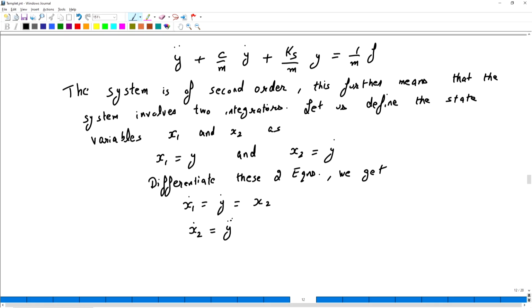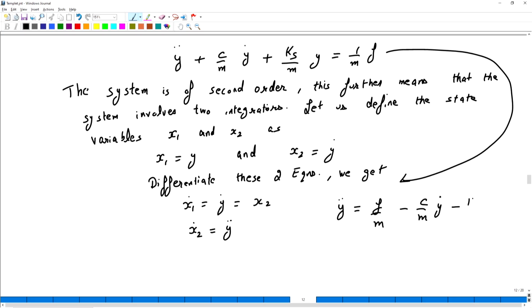So Y double dot, we know it can be represented from this equation as F upon M minus C upon M Y dot minus Ks upon M into Y. So X2 dot equals, I'll take 1 by M common, so minus Ks into Y. Y is nothing but X1.